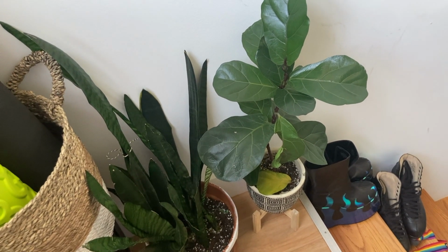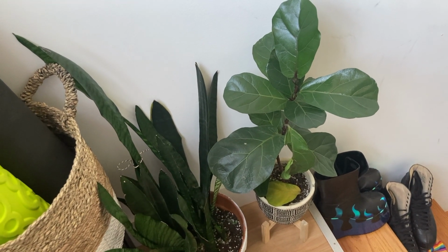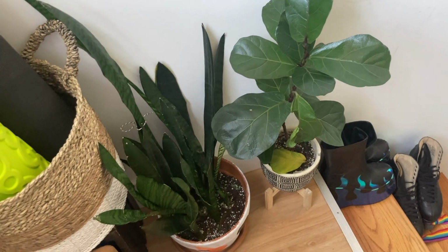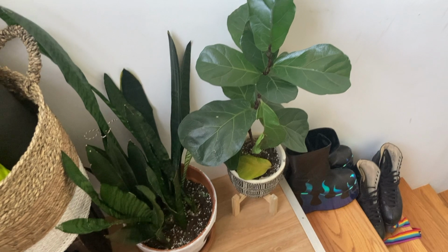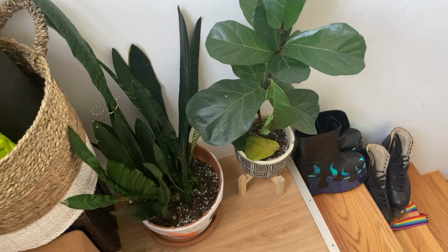She's starting to drop leaves. I got her at Whole Foods like a year ago, which honestly surprises me that she's made it this far, because all the plants I get from Whole Foods die. I don't get plants from them anymore, but I was at the beginning of my houseplant phase and I was like, oh my god, all plants are good plants. Anyway,